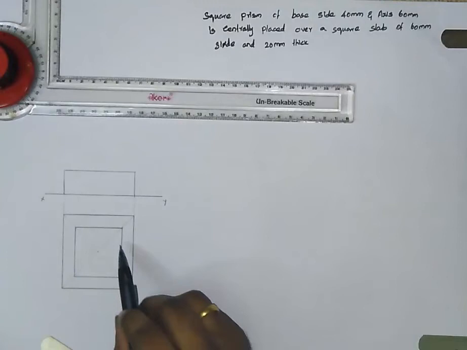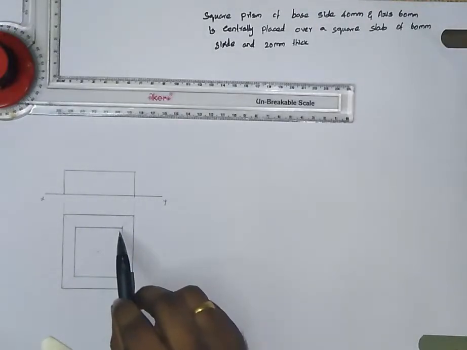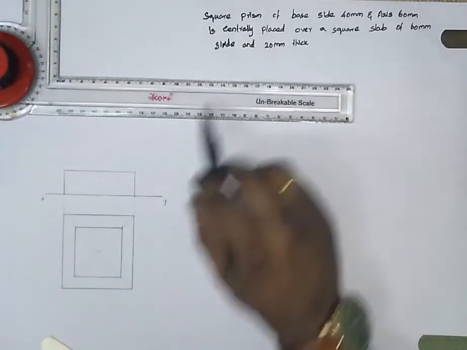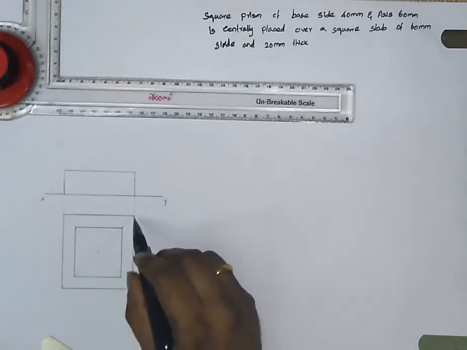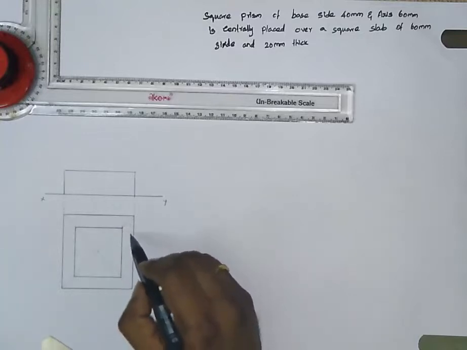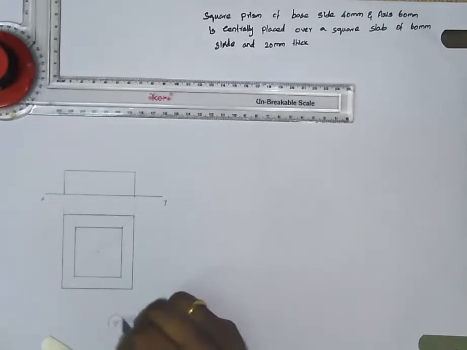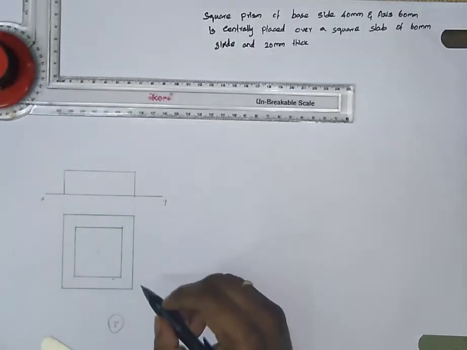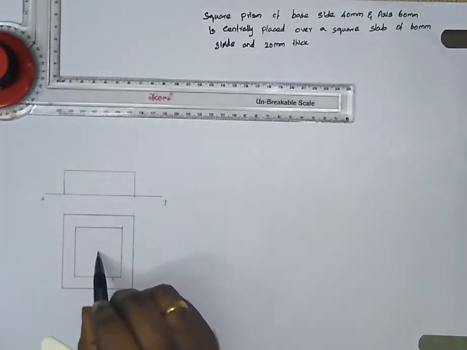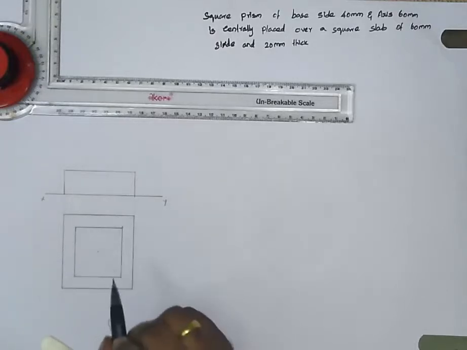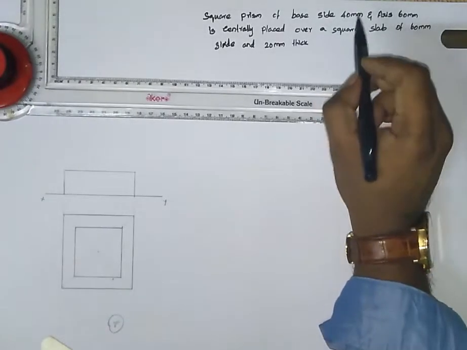Okay, now the smaller square represents the square prism and the bigger square represents your slab. So that slab is 60 mm and this side is 40 mm. Now this difference, 60 minus 40, is 20 mm, and so this has to be 10 mm and this has to be 10 mm in order to keep this center point common for these two points. Similarly, this has to be 10 mm, this has to be 10 mm, so that the cumulative difference will be 20 mm, that is, 60 minus 40, 20 mm.